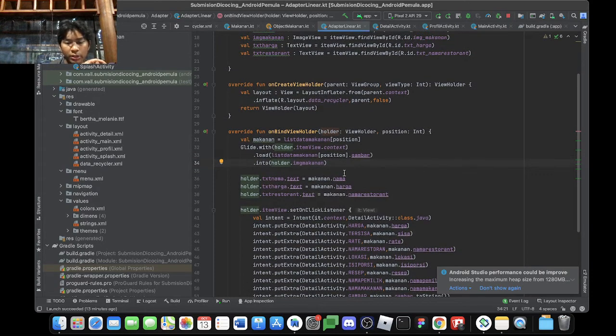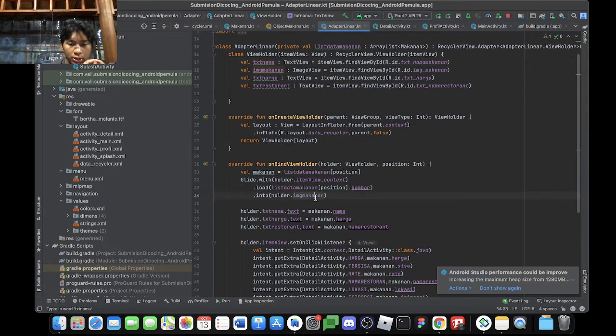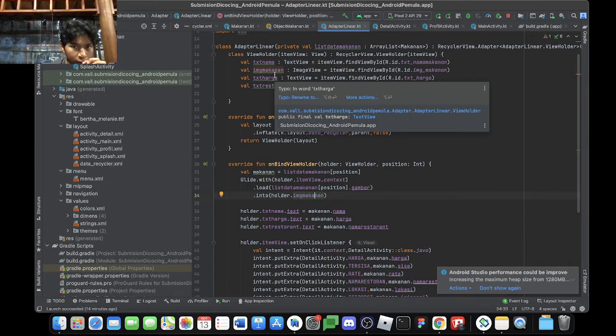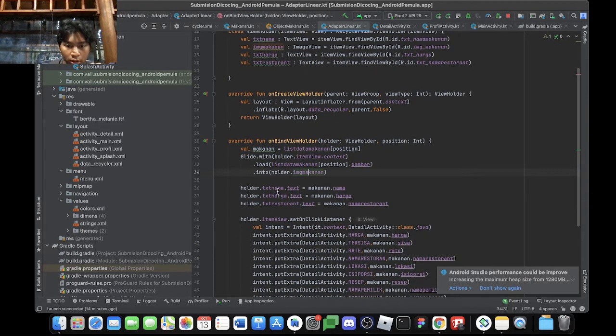This is for the image, and for the text holder dot txt, the variable. I mean, this is from the variable, not from the text, because this variable connects into the ID that's from the item. Okay, move on.